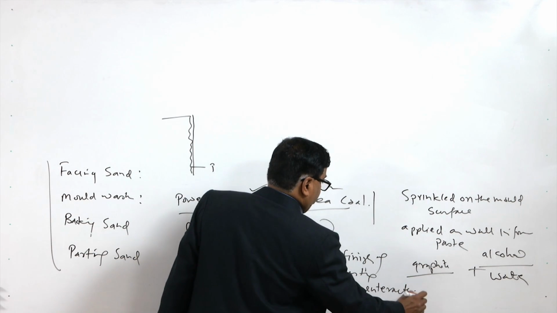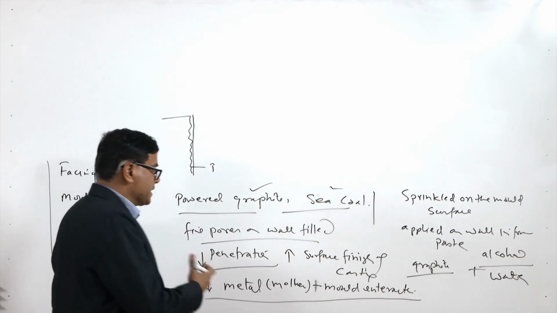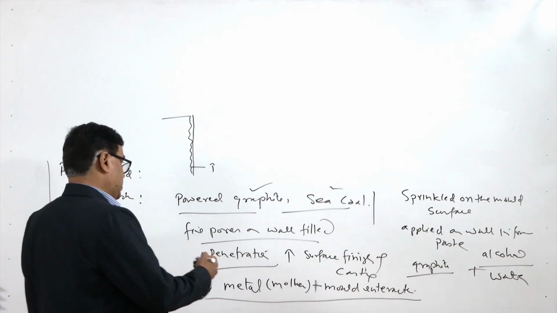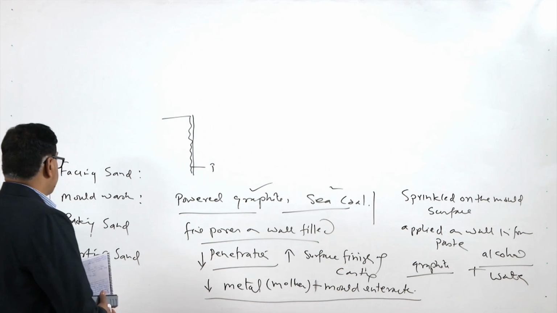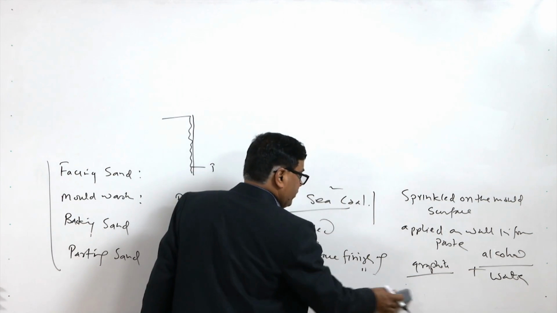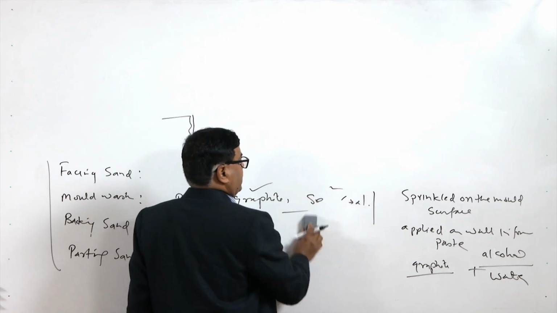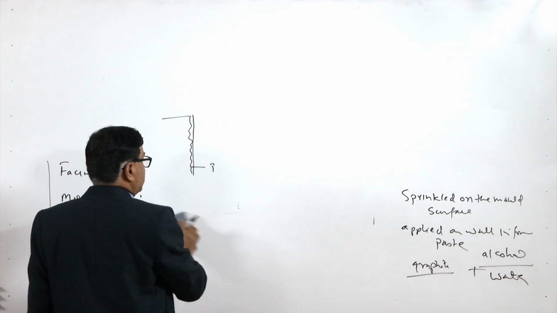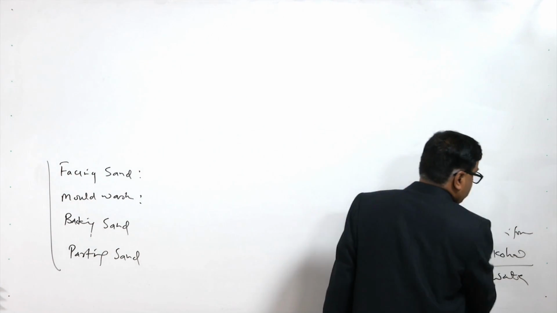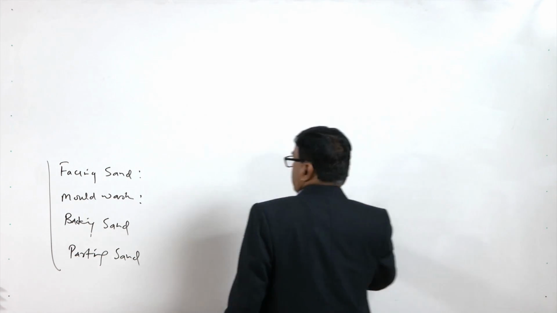So, the harmful evolution of the excessive gases due to the molten metal mould reactions is reduced with the application of the mould wash, which in turn will reduce the tendency for the gaseous defects in the castings like blowhole porosity. So, it is good in that way to apply the mould wash in the sand mould in order to reduce